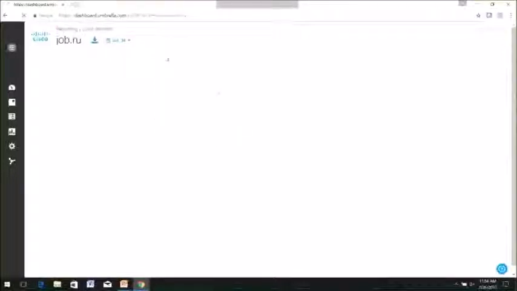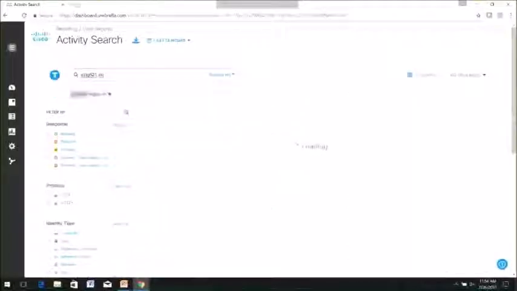For some reason there all of a sudden seems to be a considerable delay in this demo environment. If I go into activity and I had a saved search, if I want to look at something that we know there was malicious activity from in our past activity searches, based on this destination in China, and if I go into that and look at the destination, this time it draws in. And as you can see, it's giving us a depiction of all the activity to that URL